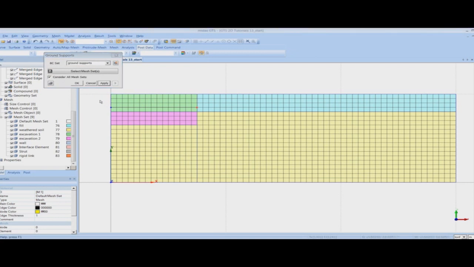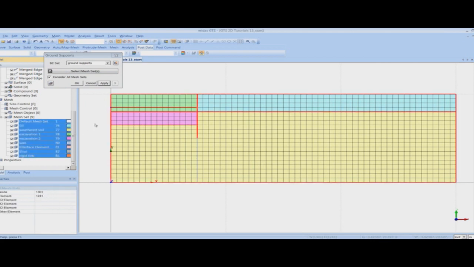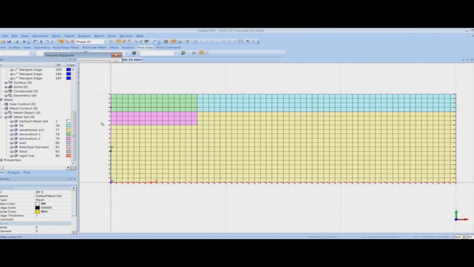In Midas GTS you don't need to select the outer edge mesh set, you can select all the mesh set, and GTS will automatically apply the ground support at the appropriate location. So here you can see that GTS has applied the boundary condition at the outer edge of the mesh set.